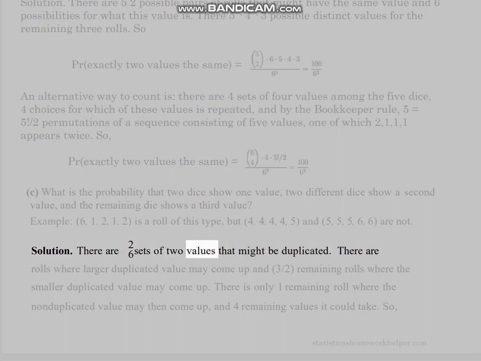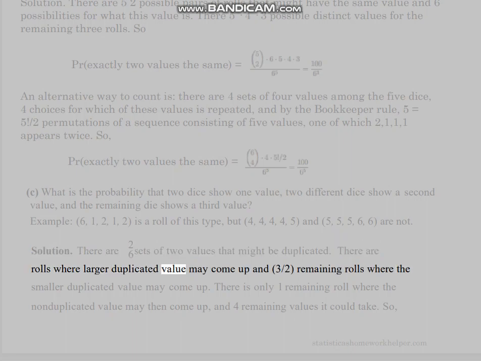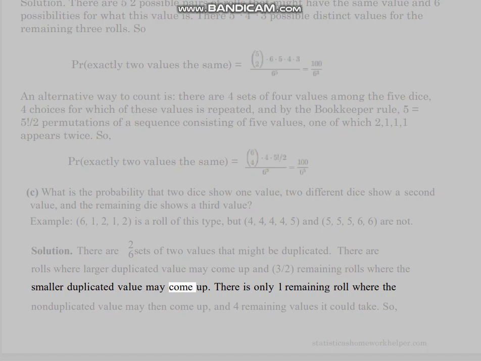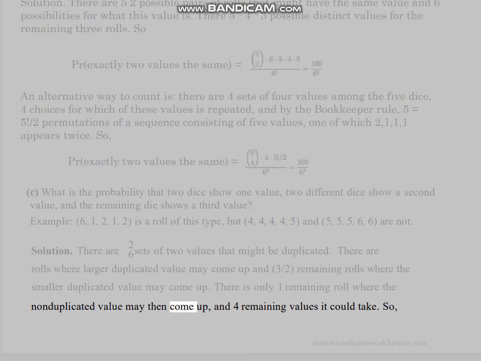There are C(6,2) sets of 2 values that might be duplicated. There are C(5,2) rolls where the larger duplicated value may come up and C(3,2) remaining rolls where the smaller duplicated value may come up. There is only one remaining roll where the non-duplicated value may then come up, and 4 remaining values it could take. So,